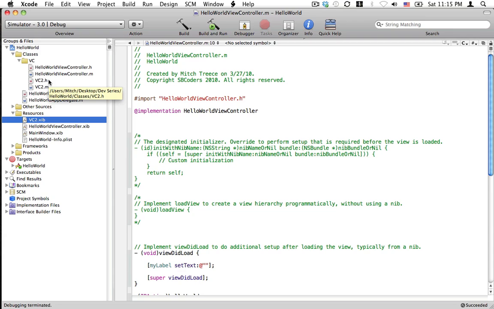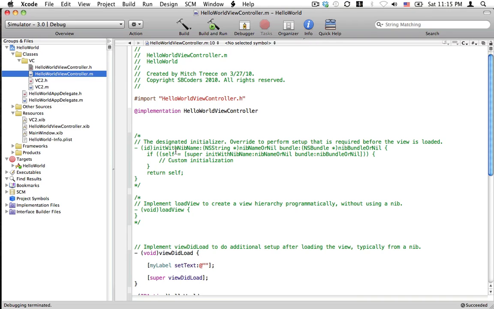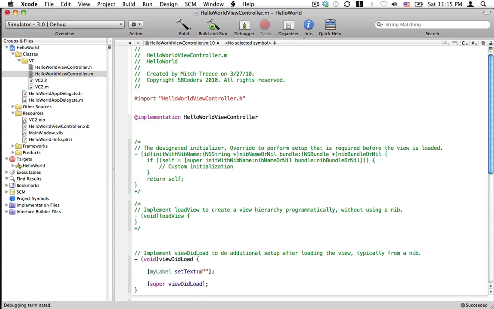Let's write the code first. Usually that's a good way to do it. We're going to need a new action. We'll just call it showVC2 for show view controller 2. Let's add that. The first thing we need to do, though, is in our implementation file, our M file for HelloWorldViewController,